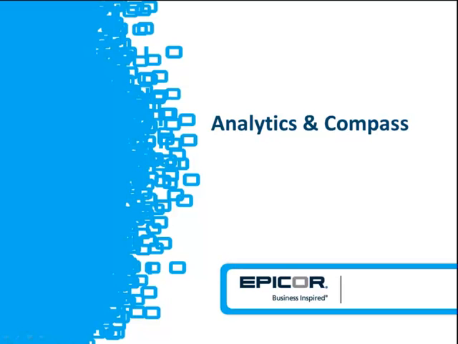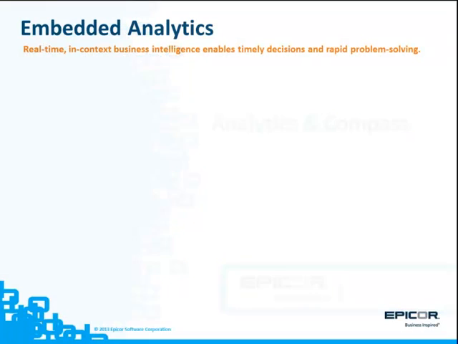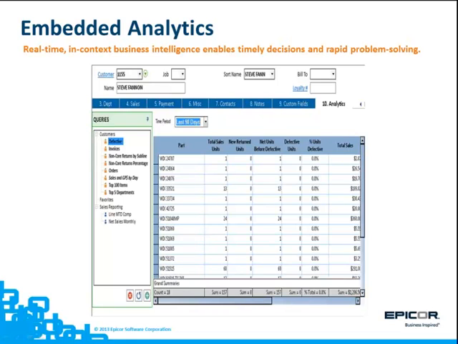The analytics piece that I'm talking about is all basic functionality that's available in the Eagle. The Compass part is an option that not every customer purchases, so I want to separate those a little bit. So the first piece I want to talk about with the analytics is embedded